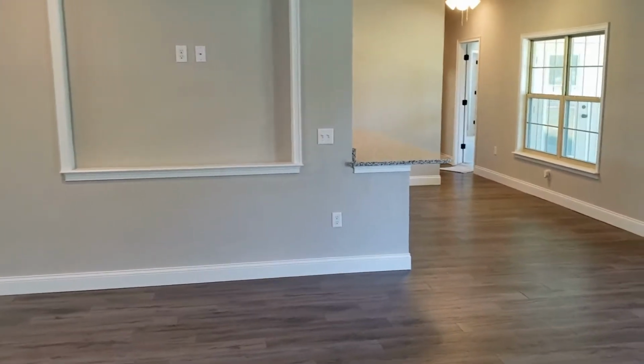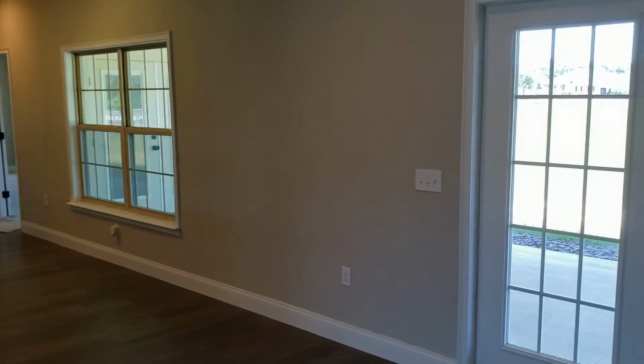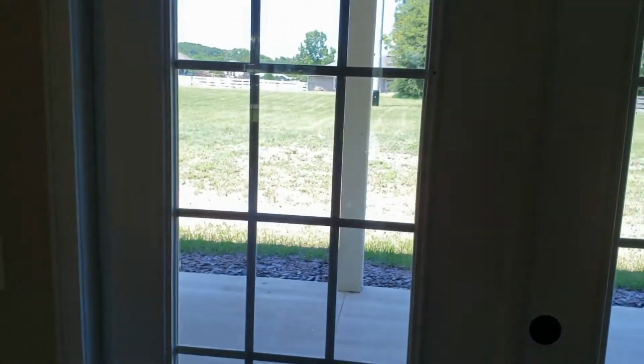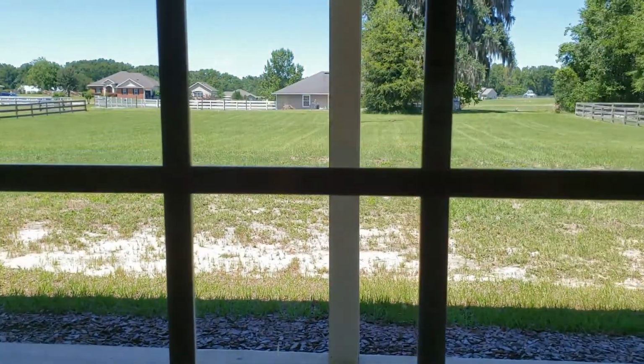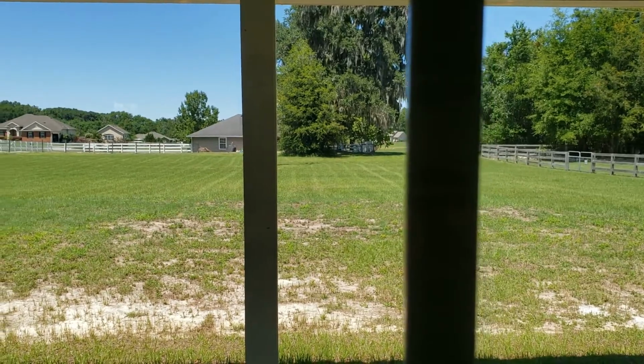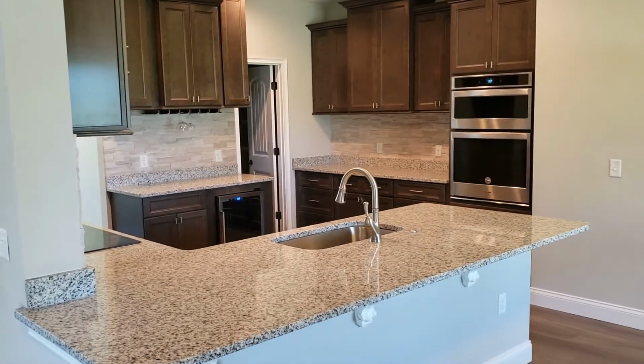Then we'll walk over here to the kitchen. You see the backyard here goes out to the neighbor's area, and you have a very spacious area there which could be fenced if you had a dog or a pet of some type. Nice